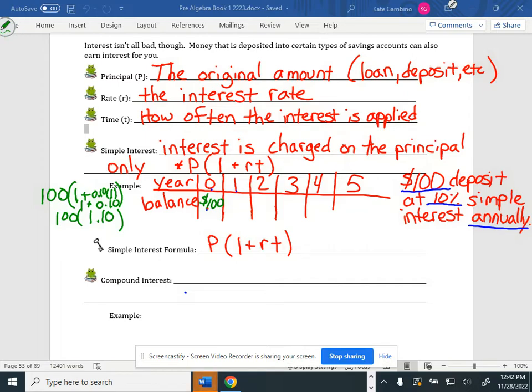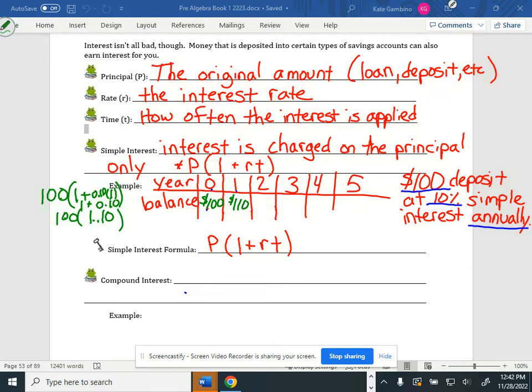So you do the inside of the parentheses. We do the multiplying first, then we add the 1 to it. Order of operations. Multiply, then we're going to add that 1. Then we multiply that by our principal. So what is 100 times 1.1? James? It's 110. So after 1 year, I have a 10% interest on that deposit. After 1 year, now I have $110. So just having my money sitting in that bank account, I'm making money on it. So now instead of $100, I have 110.